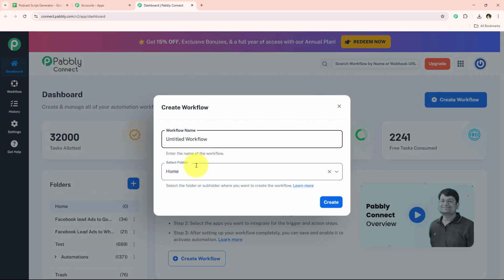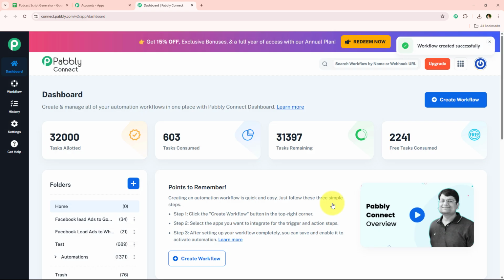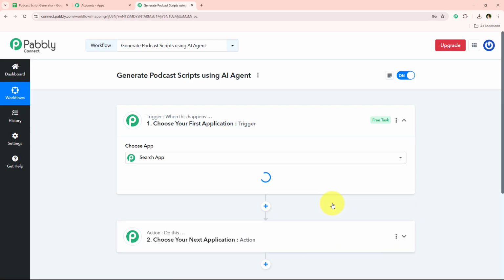I'm just going to save my workflow in one of these only, which is automations. And now I'm going to name my workflow: generate podcast scripts using an AI agent. Then we are simply going to click on this button which says create. And once I click on this create, automatically it is going to open the most important window